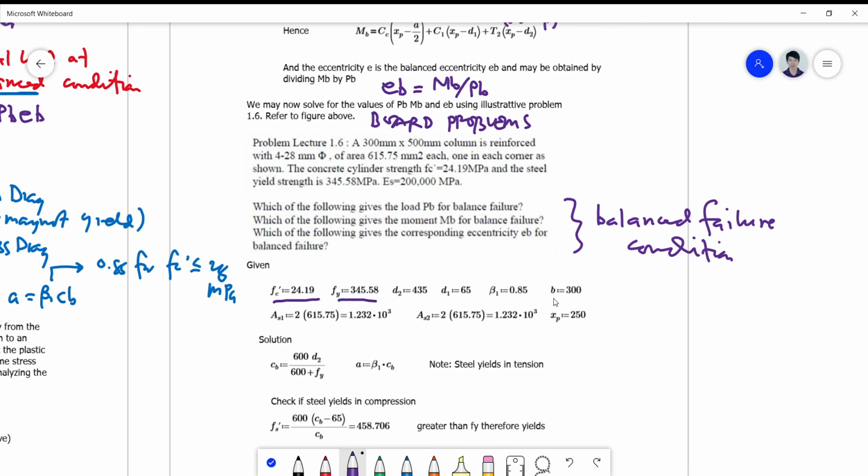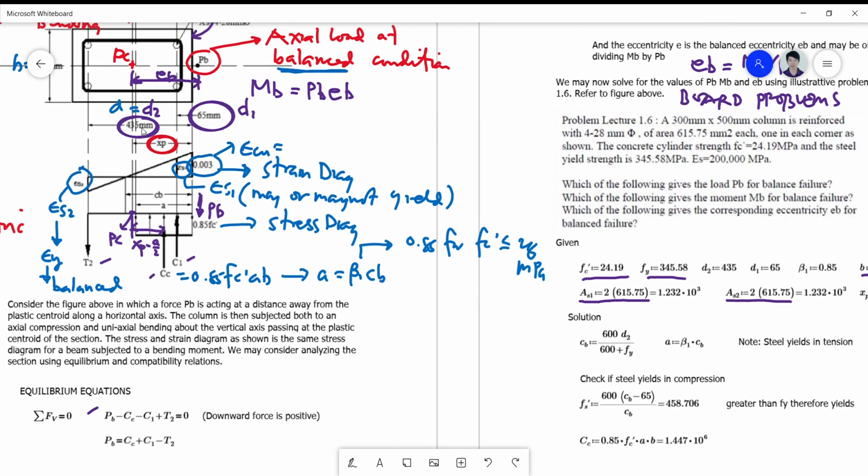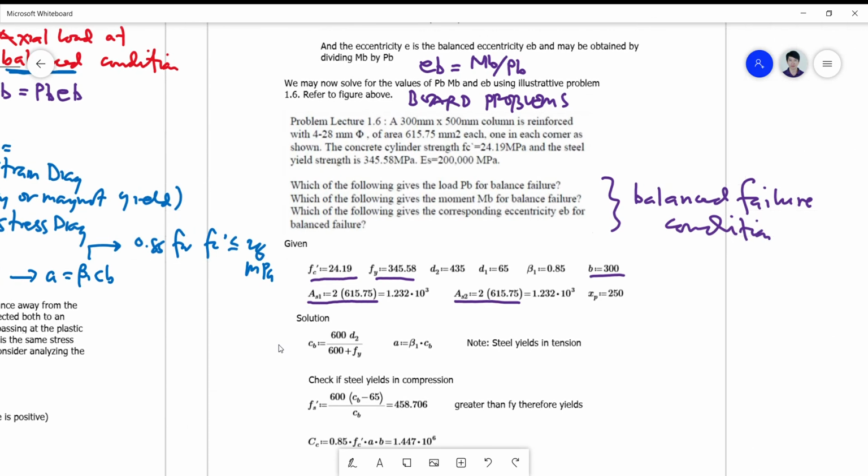Also your B is directly given, your AS1 is solved, AS2, and this part here are taken from the figure, but it's a little bit tricky, you know? Okay, so your D2 from the figure is 435, there you are, and D1 is 65. So you always refer your D1 and D2